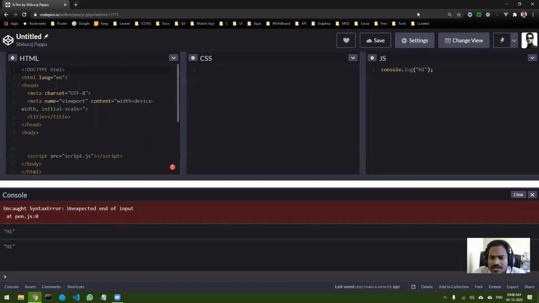Local in what sense, I mean? Because that anonymous function cannot be reused unless it is assigned to a variable. So it will be local. So basically, I cannot reuse an anonymous function directly unless I save it inside a variable.